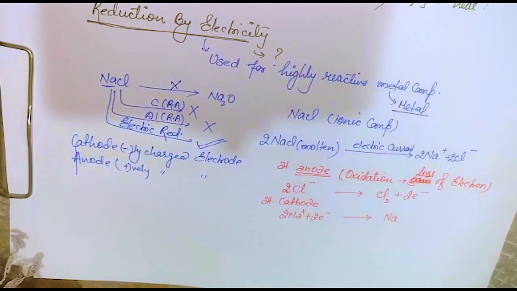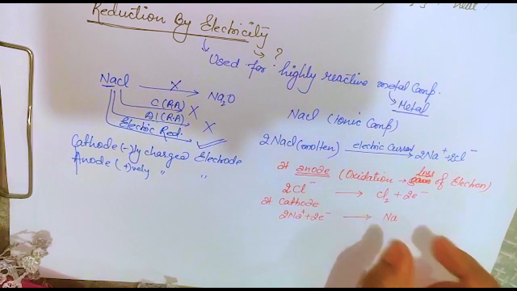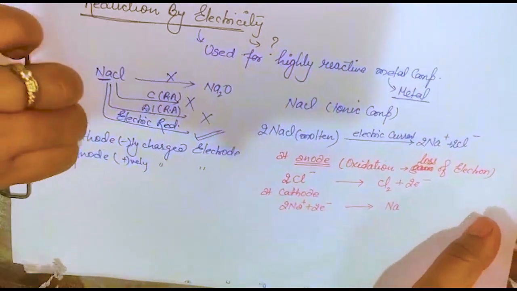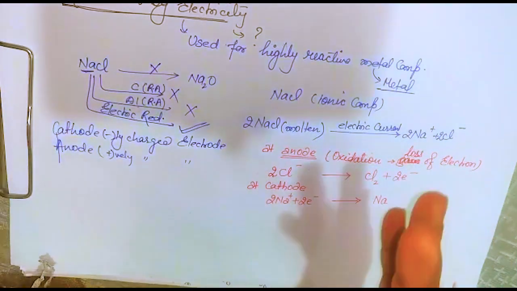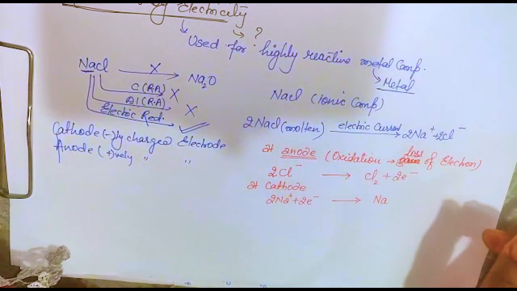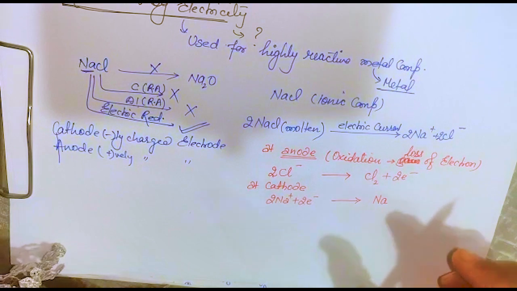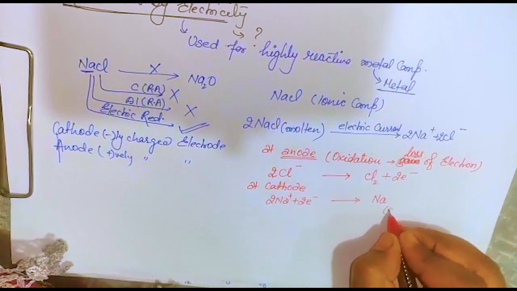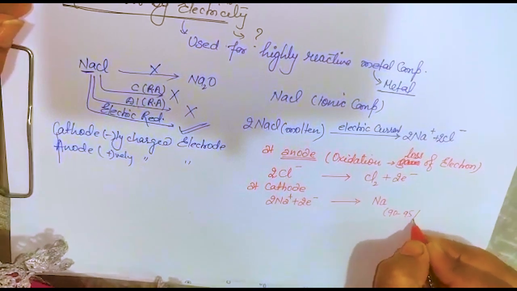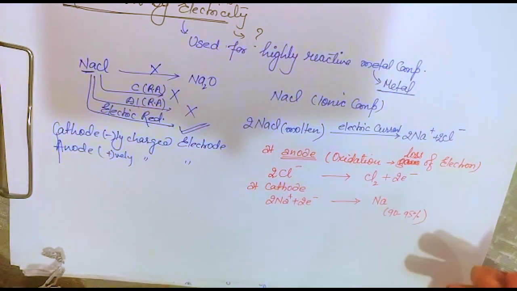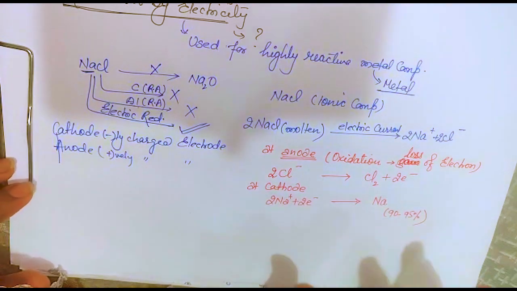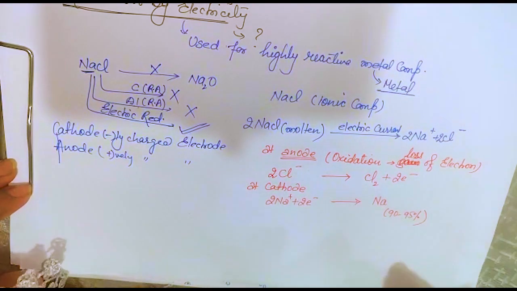Yes? Any doubt in this? Your purpose was to get this sodium, a highly reactive metal. But what I said is that by this method also, like all these reduction methods we have done, the metal we are getting is not 100% pure. It's still 90 to 95% pure. So what next are we supposed to do? We are supposed to do refining to get the 100%, isn't it?